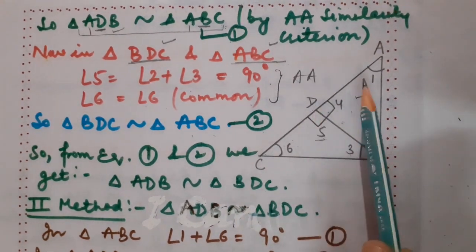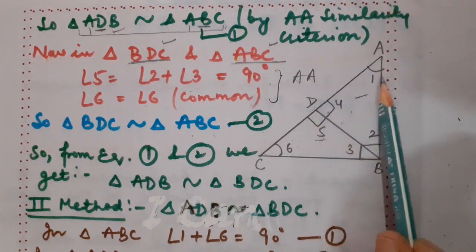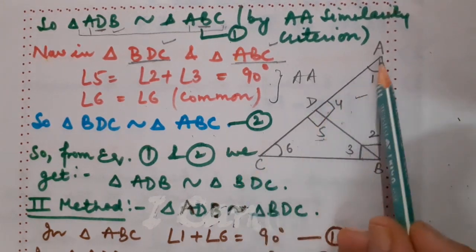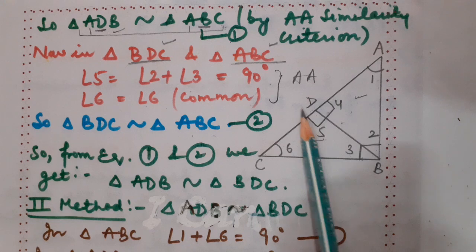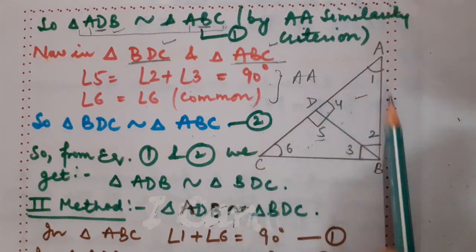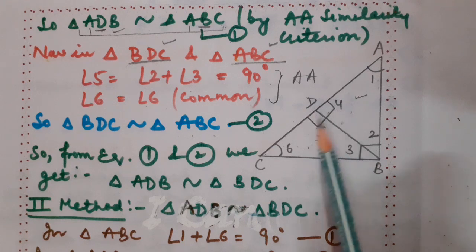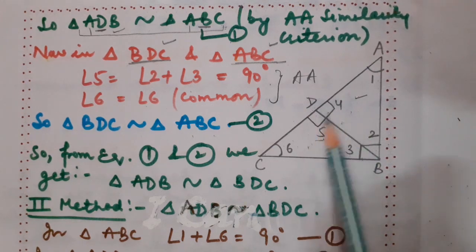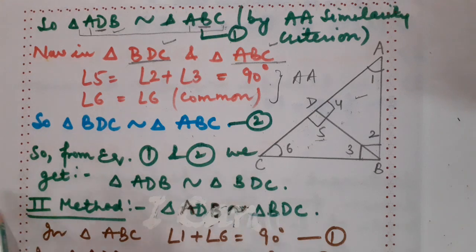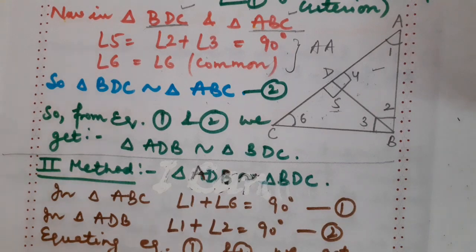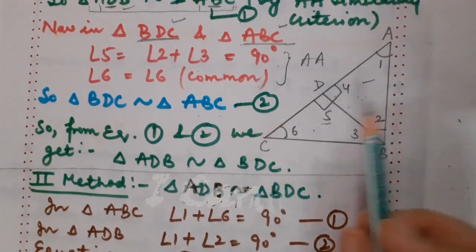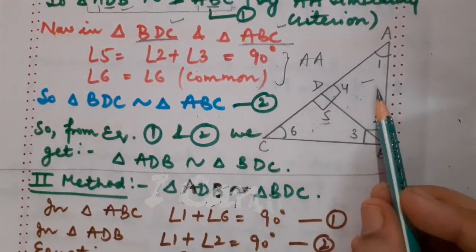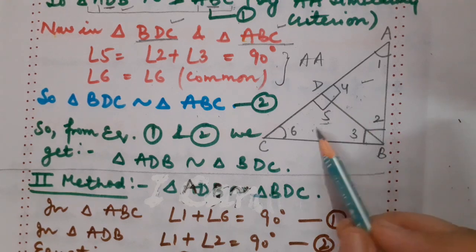What did I do? I just took this smaller triangle, that is ADB, and I have proved it similar to triangle ABC. In the same manner, I have taken another smaller triangle, that is triangle BDC, and I have proved it similar to triangle ABC. Now as they both are similar to triangle ABC, it means they both are similar to each other also. So up to here the theorem is completed. But suppose you do not want to use this method, that first of all you prove one smaller triangle similar to the bigger one, then another smaller triangle similar to the bigger one, and ultimately you prove both of them similar.